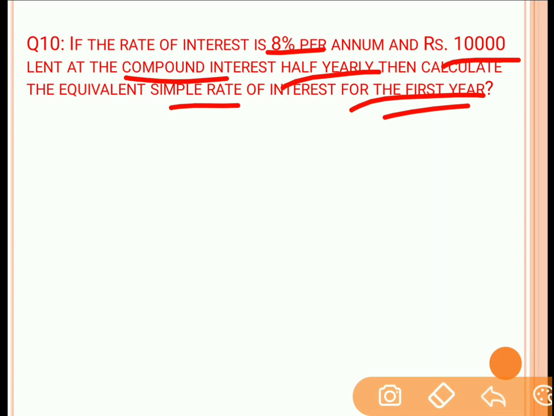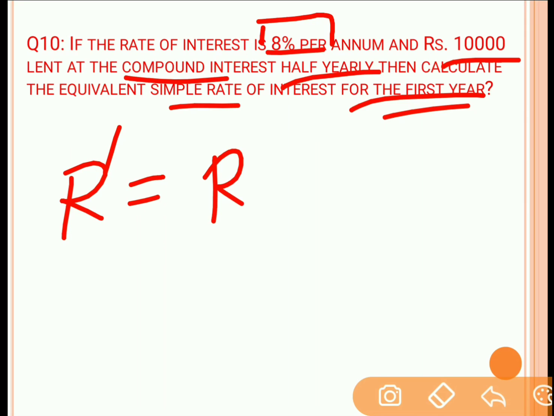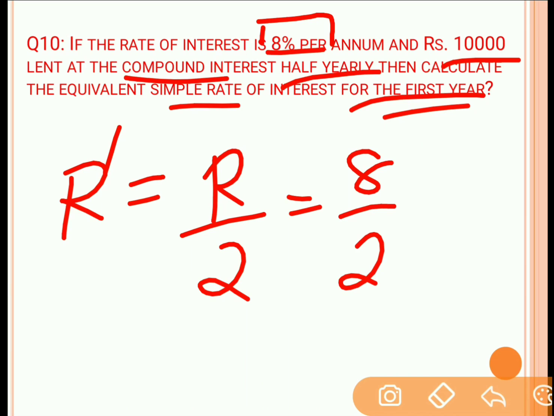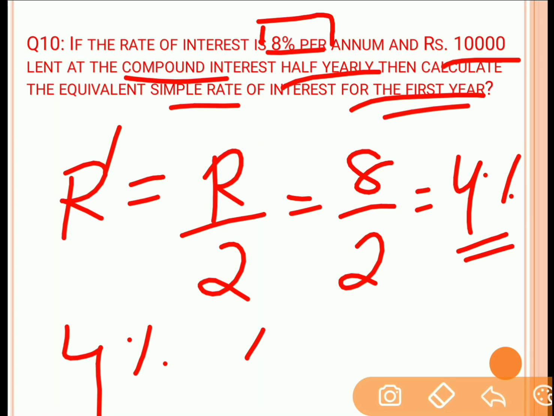So when the interest is compounded half yearly, then the rate of interest per annum is to be divided by 2. So the new rate of interest will be the rate of interest per annum divided by 2, because it is compounded half yearly. So 8% by 2 is nothing but 4%. Now in 1 year, if the compound interest is given half yearly, then this 4% rate of interest will be given 2 times. So there will be compounding on this 4% interest. Fine. It means in 1 year, the interest will be given twice at 4% rate of interest in single year.